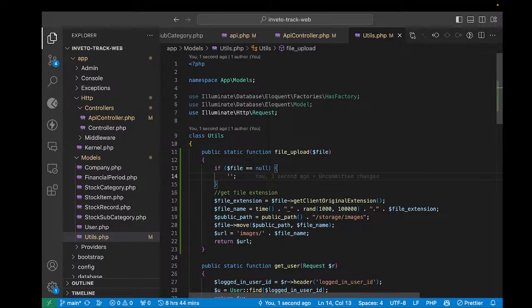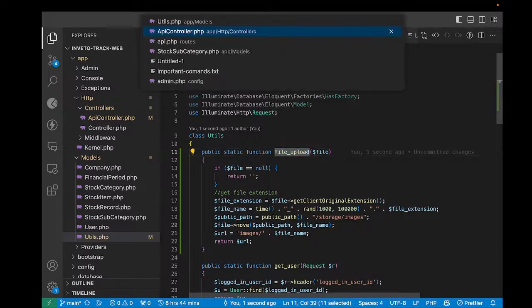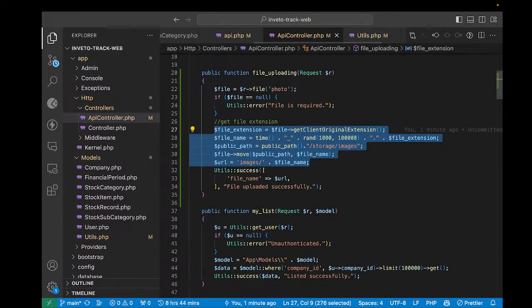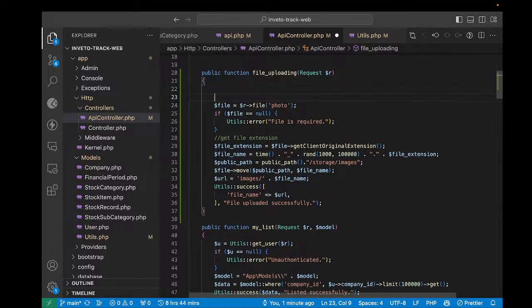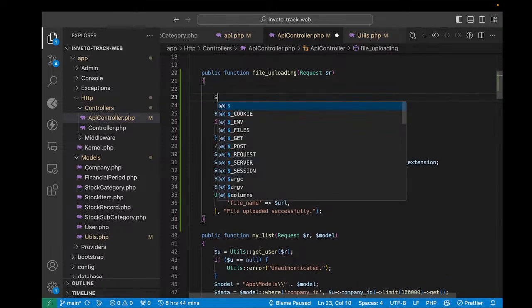If it does not exist, return an empty string like this. So this is fileUpload, a static function that I'll be using for file uploading. If I want to upload a file, I'll simply call utils and say